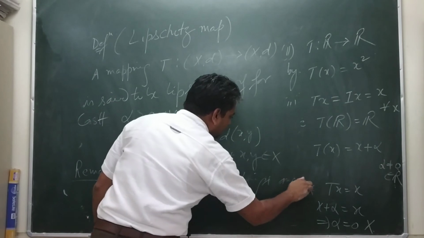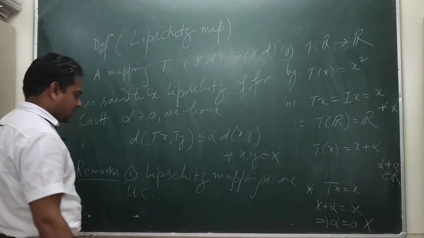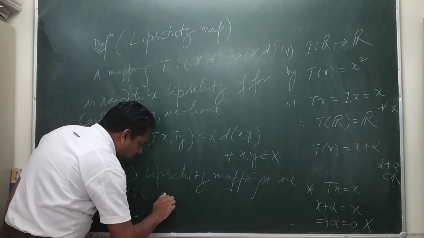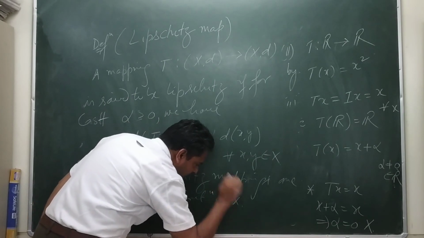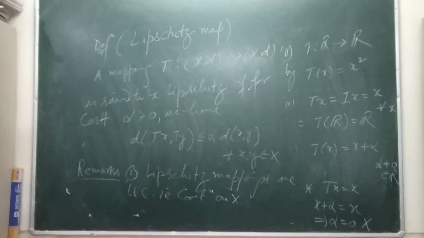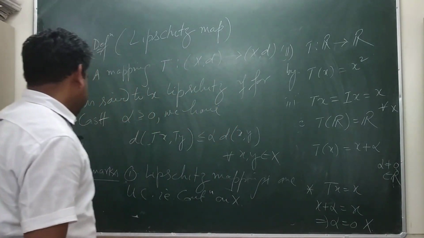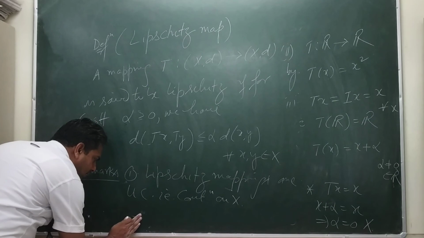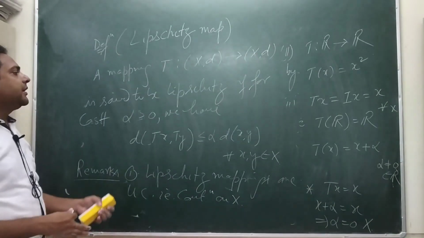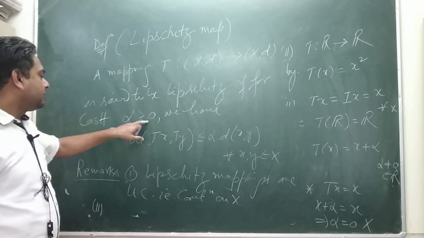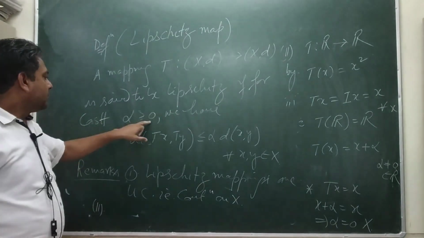This is one observation. And another remark, or you can consider this as a definition also: here my alpha is greater than or equal to 0, meaning non-negative. So if we restrict by this